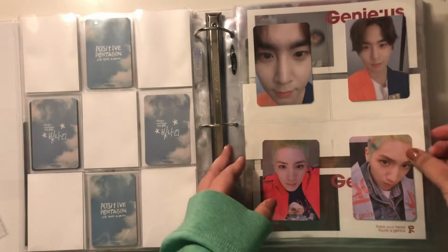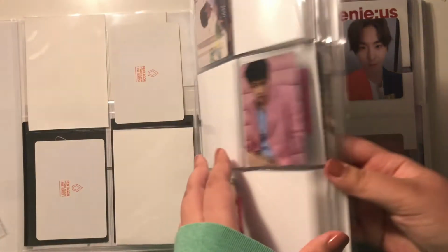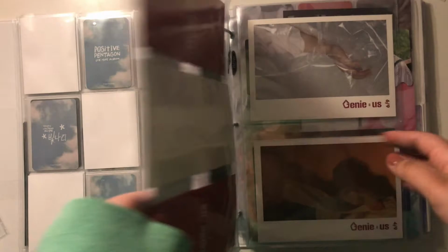Oh, okay, that was perfect. I actually put the perfect amount of pages. Okay, so then let's move on to